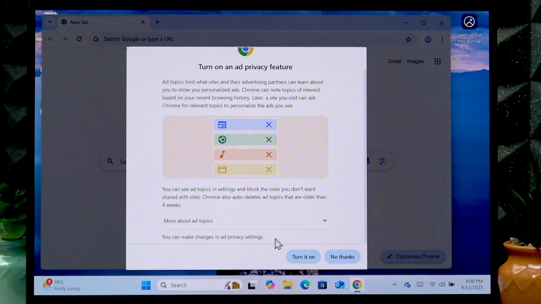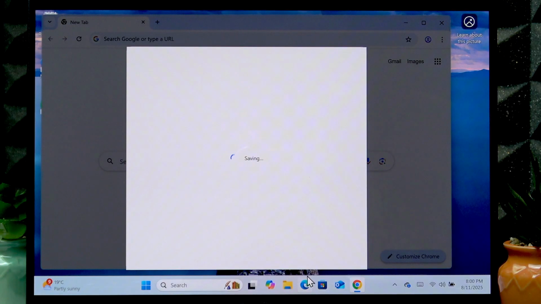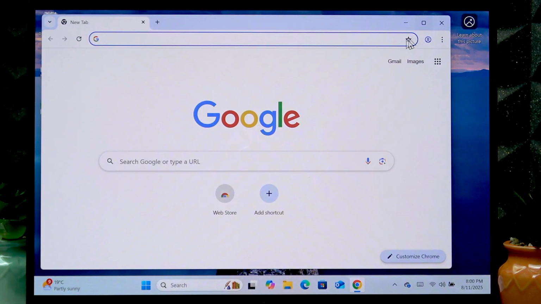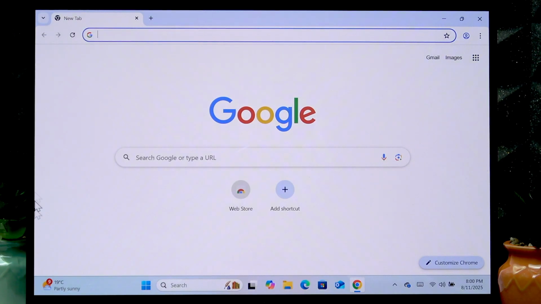Then you can turn on the Edge privacy feature if you click turn it on, or you can just disable it by clicking no thanks, then select got it, and now you are free to use your brand new Google